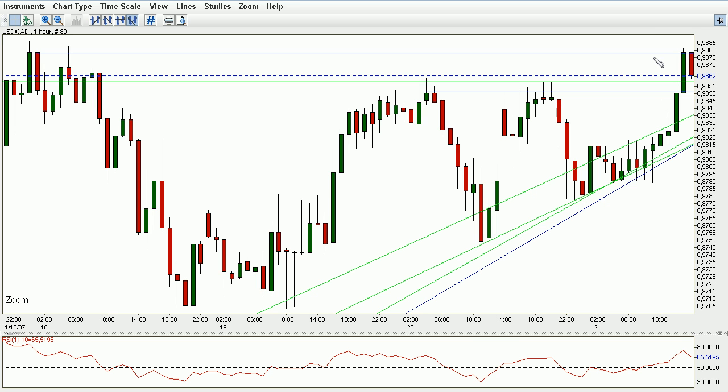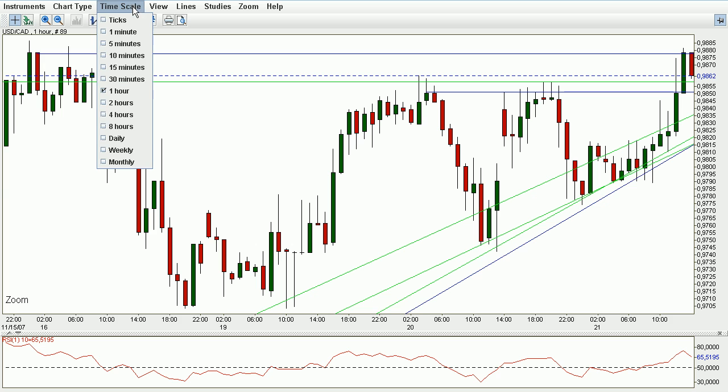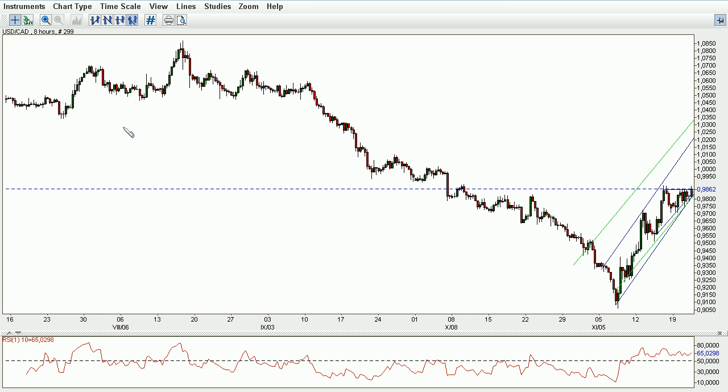So this is going to be like 35 pips that you'll be risking, but there is a great potential that